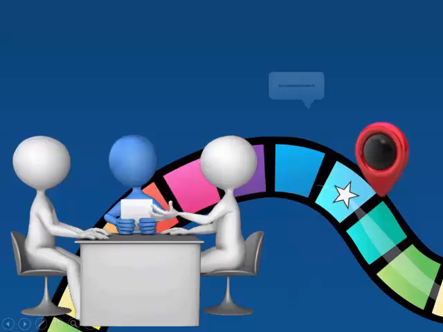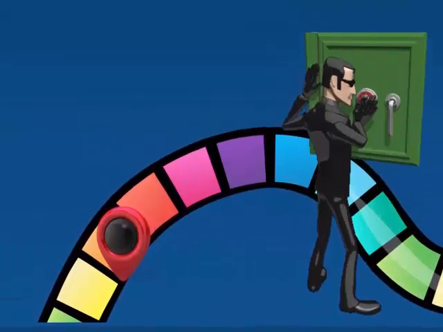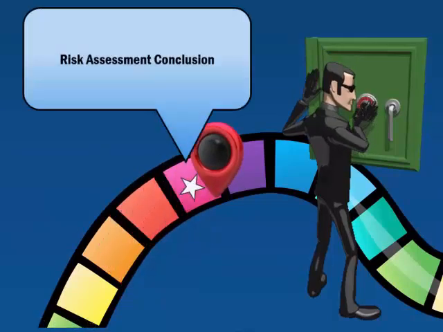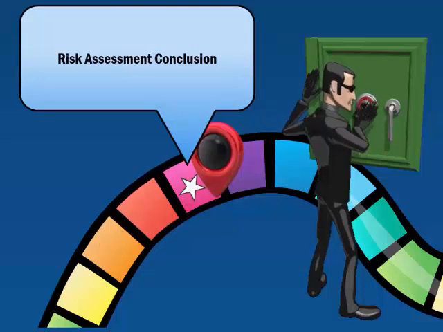Risk assessment factor number 4. Consider the extent to which the risk to the PHI has been mitigated. For example, obtain the recipient's satisfactory assurance that information will not be further used or disclosed via a confidentiality agreement, destruction, if credible, or reasonable assurance. In conclusion, we must evaluate the overall probability that the PHI has been compromised by considering all the factors in combination and more if needed.